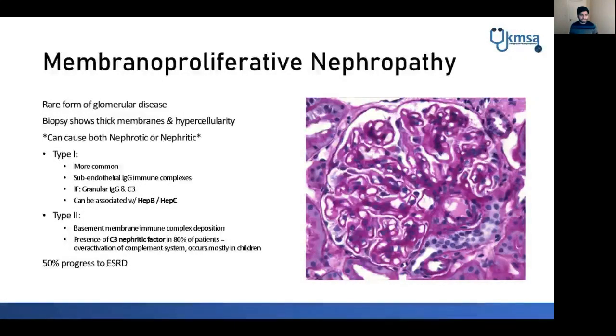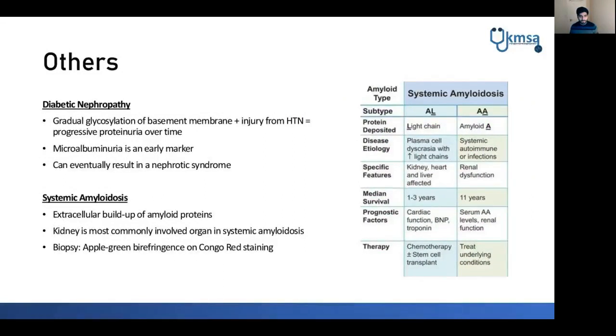Nothing high yield from here, except to know that Hep B and Hep C can be associated with type 1. Then the last two of nephropathy, I suppose, are kind of higher yield, is that diabetic nephropathy. Reason is because diabetes is becoming so common in the Western world. What happens here is that the glycosylation of the basement membranes, as well as hypertensive injury, causes progressive proteinuria over